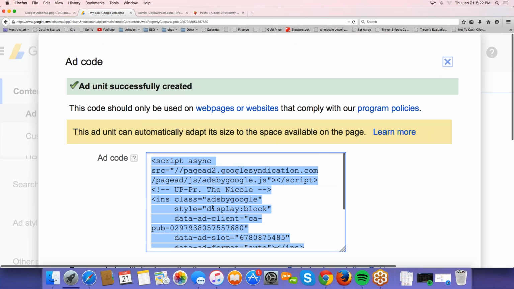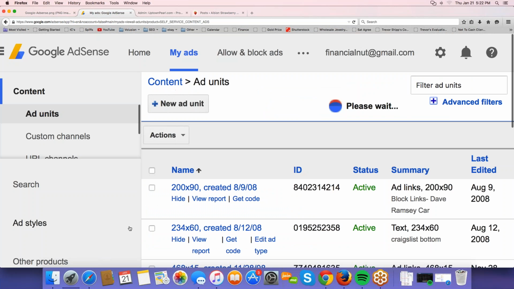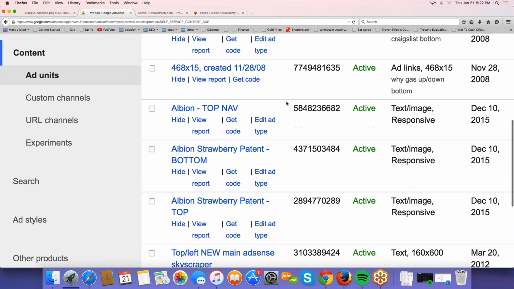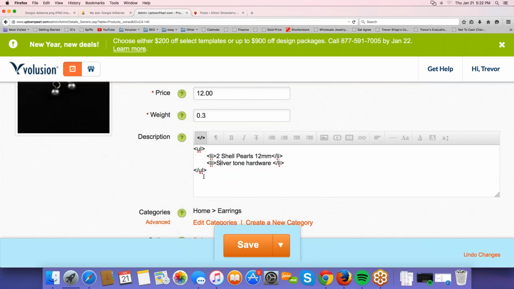Okay. So I've got this all copied, and then I can close out this window here, and then you'll notice here in my list, here's my new ad code right here, created on January 21st, 2016. Okay. So now with code in hand, let's head back over to my Uptown Pearl section, and within my code